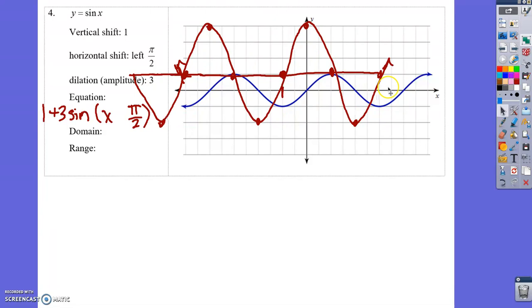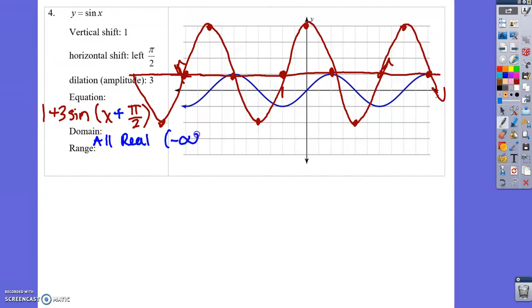So this just actually looks like a cosine graph. Excuse me for not reading carefully. And so there's my graph. So anyway, it's been shifted left, and left is plus. My domain is all real numbers,